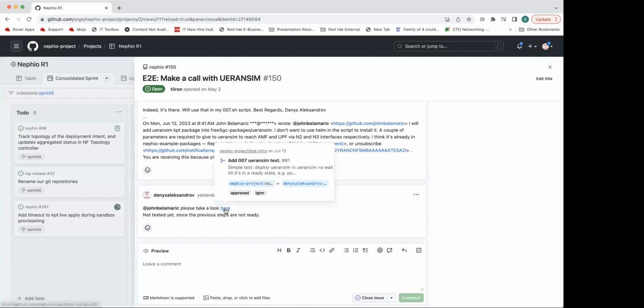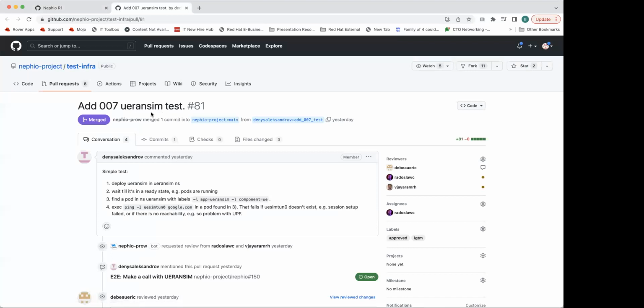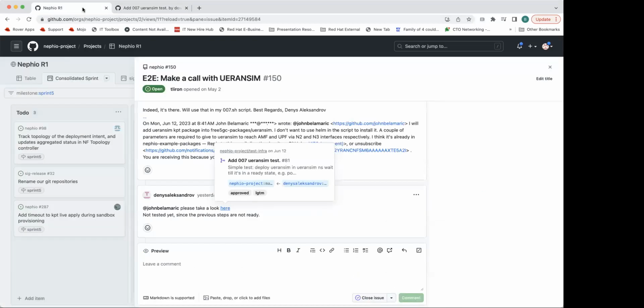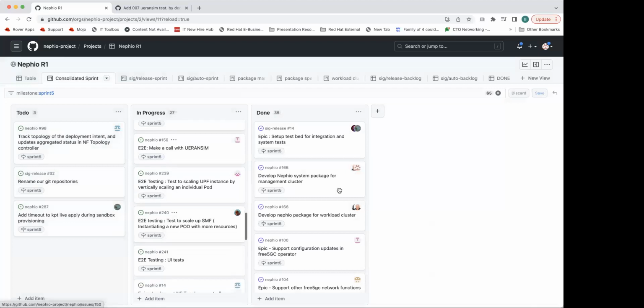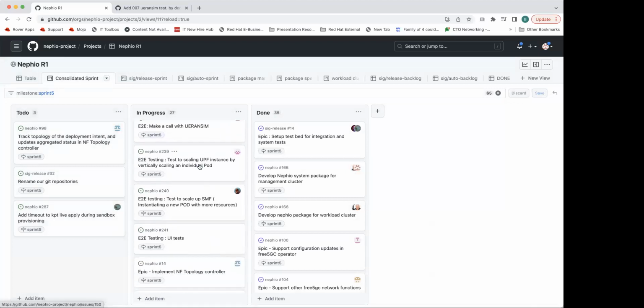It may not be completely working, but he has put in work to do the script. He has added that script here at 007. It's a convention that John made for each test case: he assigned a number. So I think we are good on that as far as just the coding is concerned.